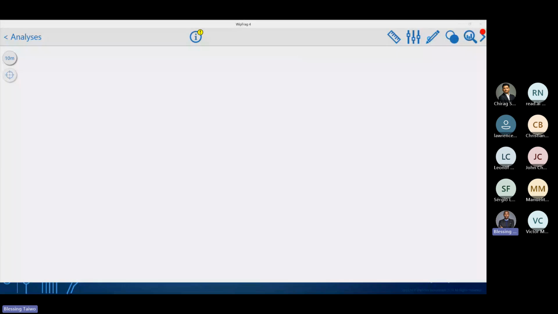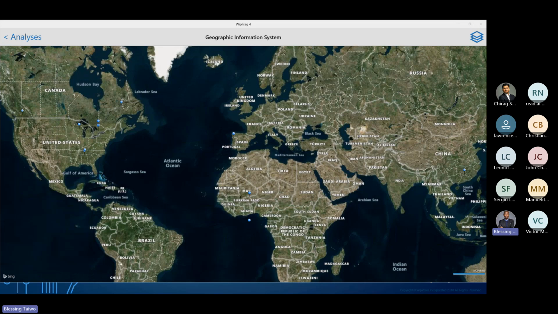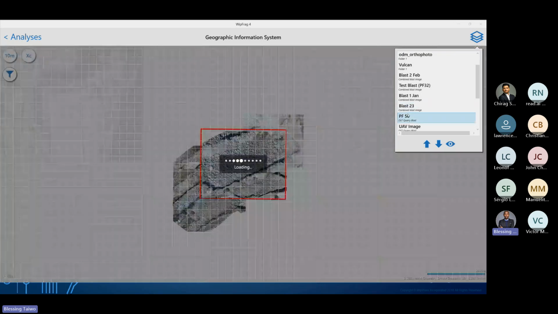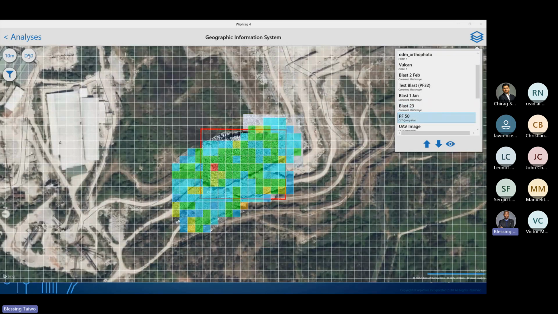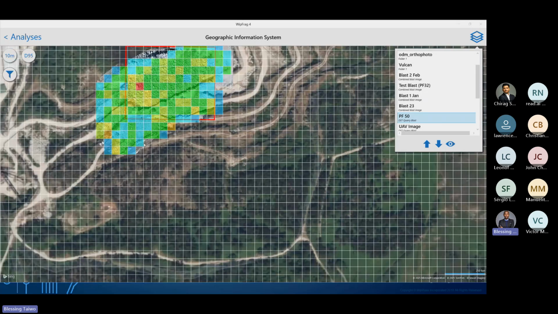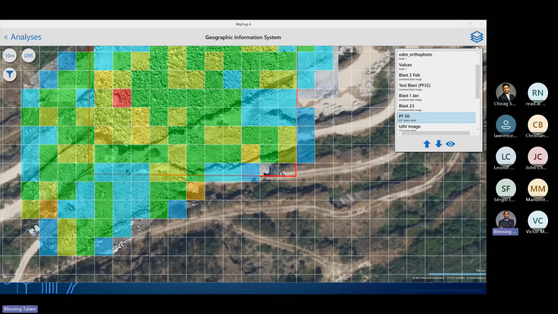For the GIS, as I've mentioned, you can view the chart on the GIS in the software. Here, you can view the blasting right on site with the GIS application, and it allows you to see what is going on site based on the D80 and the D90. You can see the status of the blast right on the mine. Here the red dots and orange dots are those places where you have boulders. The hotter the color, the bigger the fragments; the cooler the color, the smaller the particle size.